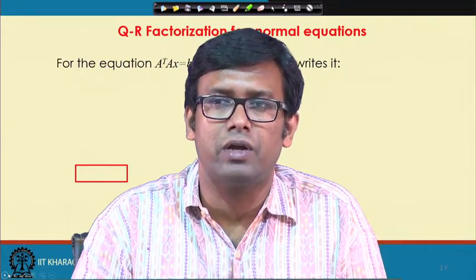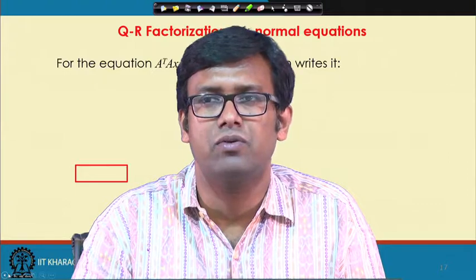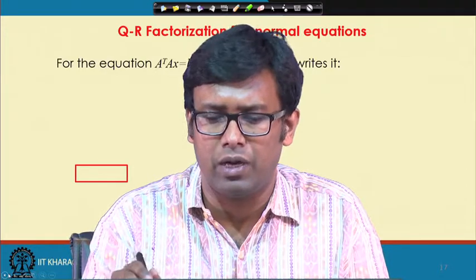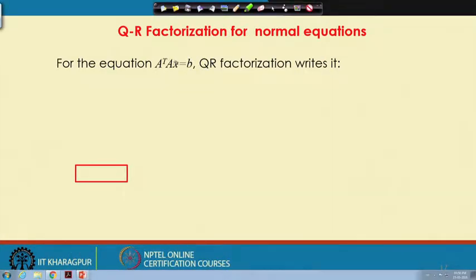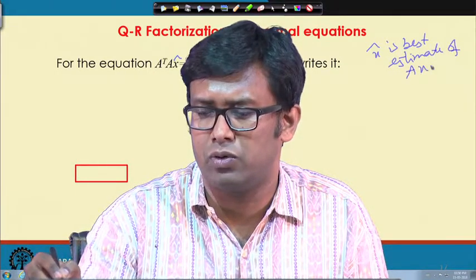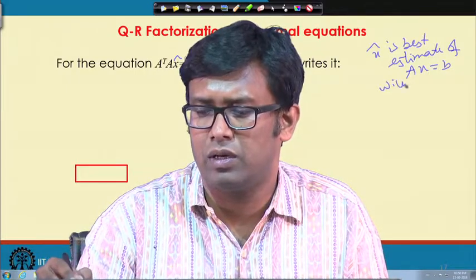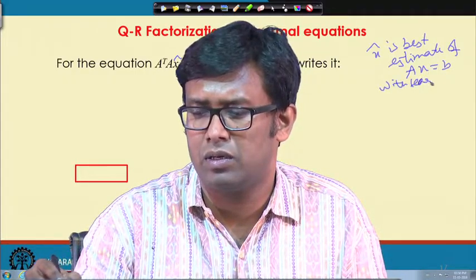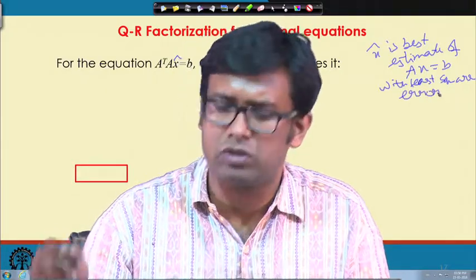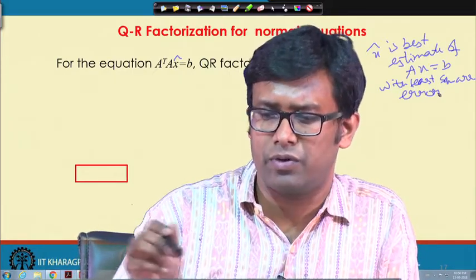Then we try to find the best estimate of x. We get the normal equation, where x is the best estimate. Here we use x tilde. So, x tilde is the best estimate of the solution of Ax = b with least square error. So, also from a least square method we can get this system of equations,